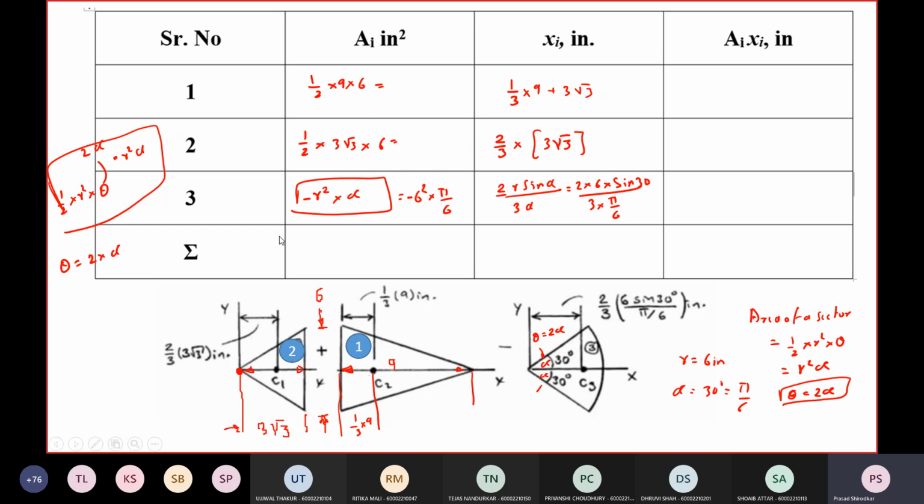Motion of particle. Is anybody calculating? So Ai first is 27, second is 9 root 3, and third is 18.84. Correct. And this is minus 18.8. And xi values are